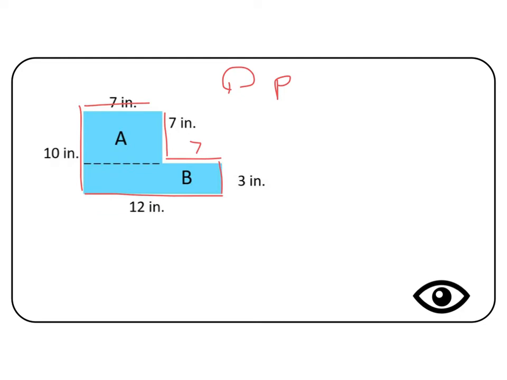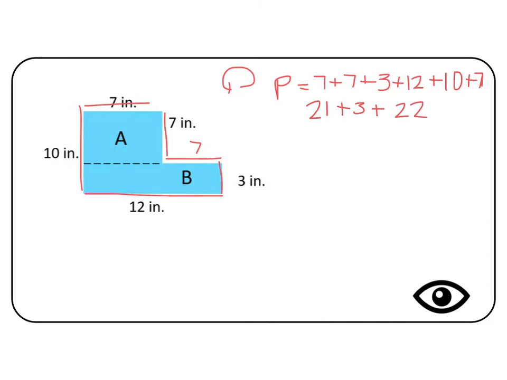So that means that I would add 7 plus 3 plus 12 plus 10 plus that last 7. So let's see if we can group some of these numbers. I see 3 7s, so that would be 21 plus 3 plus 12 and 10 is